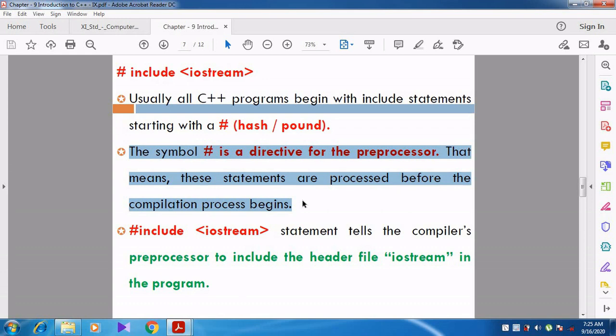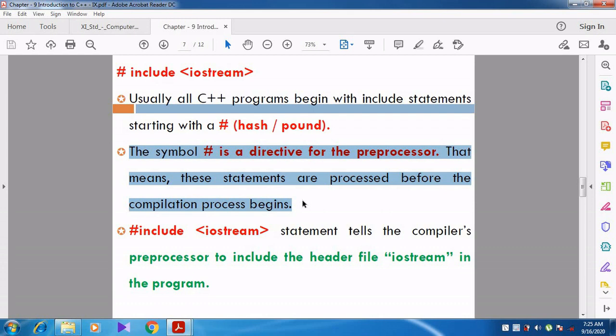Hash include iostream is already pre-processed before the compilation itself, so you need not process it again. And it is also informing that the iostream header file should be included in the program.